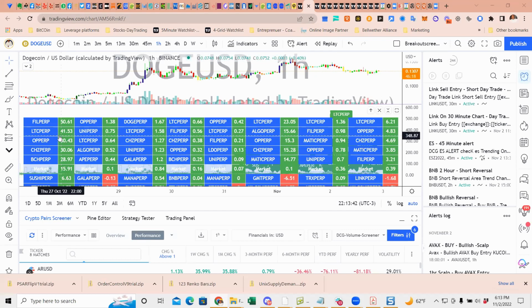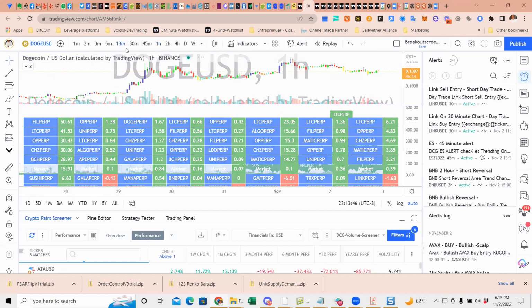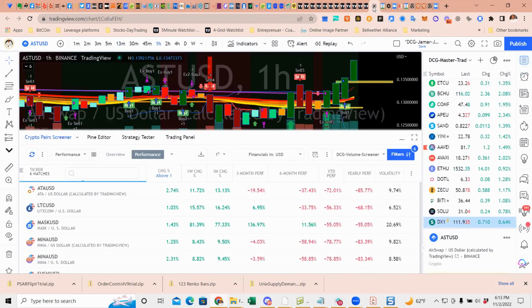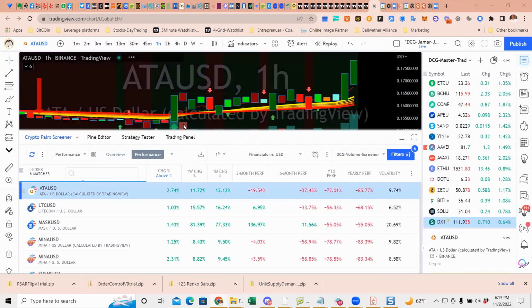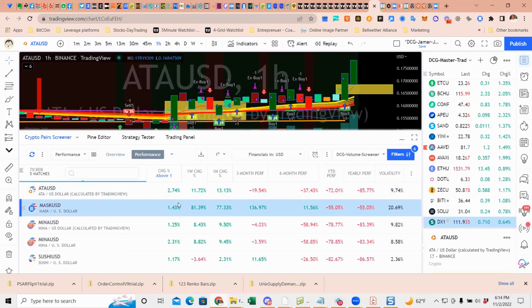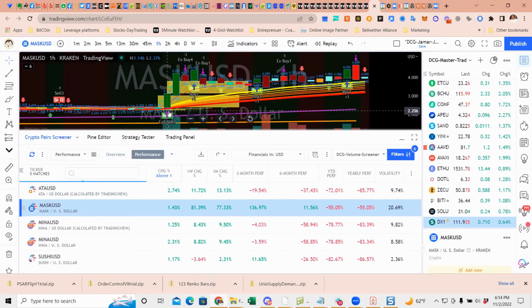So in the last hour it's up 41%. If I go here and I say 13 minutes, it takes a minute to go through all the screening and put it out pretty in this chart. But here now, if I select ATA, the same screener, you see that this volume screener is giving us the same type of setup. And if you keep this open all day and you had a screener, earlier I learned